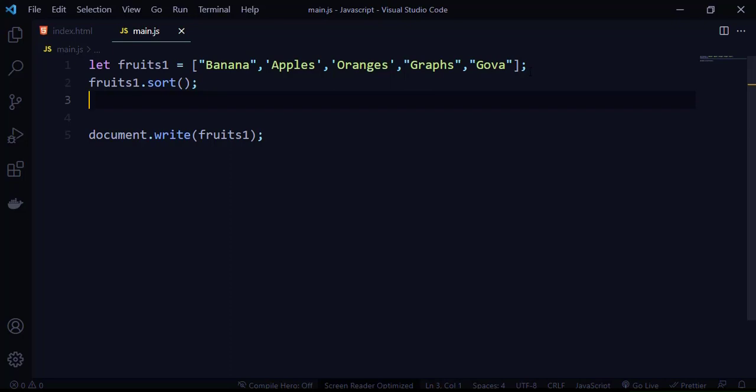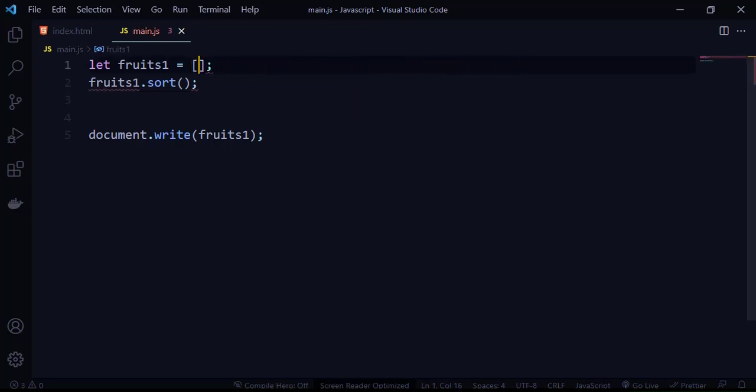Let me show you a simple example to understand how this compare function works. Here, instead of fruits, let's have numbers. Let me say 5, 3, 4, 2, 1. These numbers are not in order, right? Let me create this variable as numbers, and what I want to print here is numbers. As I said, in case you want to sort the values of an array in ascending or descending order, you can use a compare function. So let's see how to use the compare function.